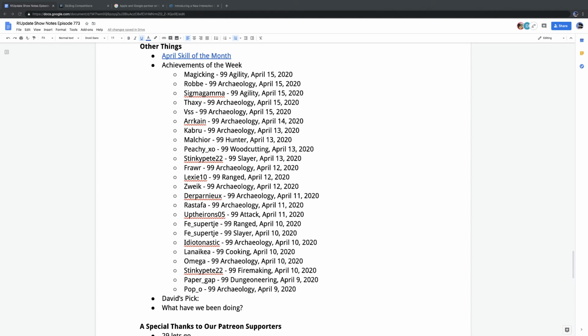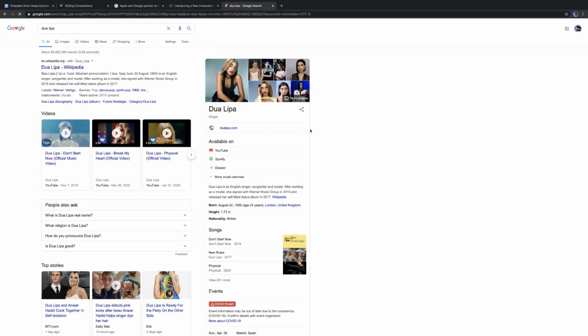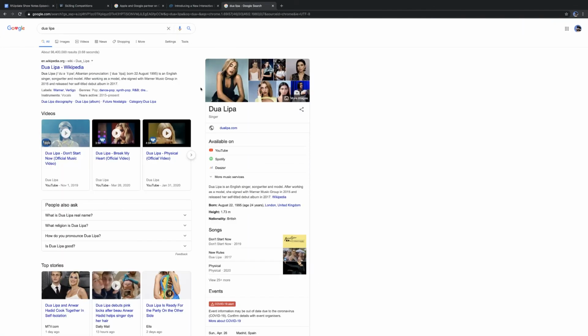All right, what do you have for pick of the week for us, David? Yeah, so my pick of the week is Dua Lipa, who's a popular pop singer, has a new album out called Future Nostalgia. It's very upbeat and fun and exciting, kind of like club music, but not quite as fast. I imagine that if you sped it up a little bit, it would be typical club music. But I thought it was a really fun album and a good mood for such a kind of